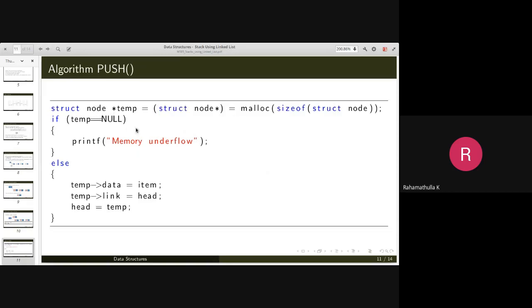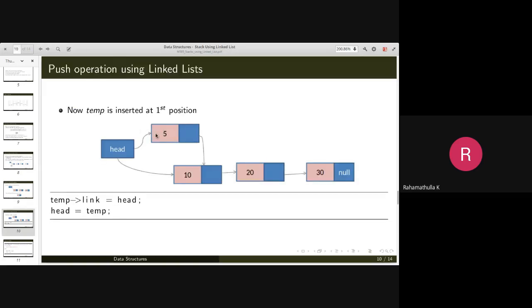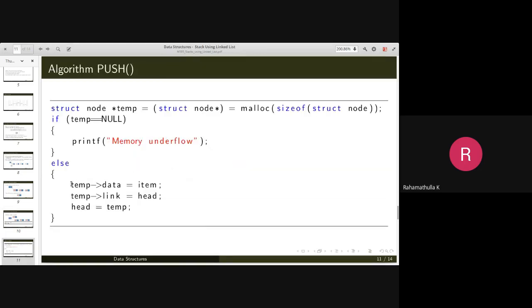Once you get a node, you attach the value 5 onto it. So this is your temp node. Now the next statement, before that you need to check whether the pointer returned by the malloc statement is null or not.